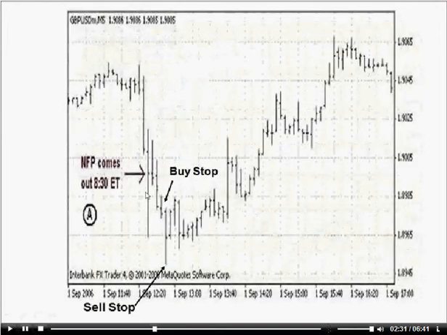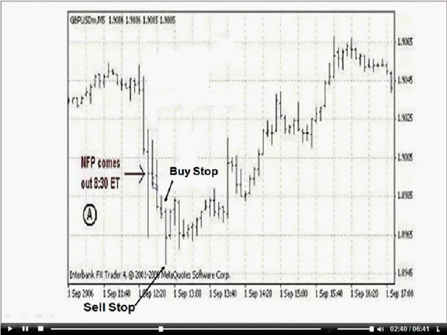Let's take one more example. This is the 8:30 bar. As you can see, it's a long bar, so you ignore this bar. You look for the next bar, which is this bar. Now this bar has gone below the low of the 8:30 bar. So this becomes the valid bar. Now you place a buy stop order above the high of this valid bar and a sell stop order below the low of this valid bar. In this case, the currency has gone all the way up, so the buy stop order will get executed.